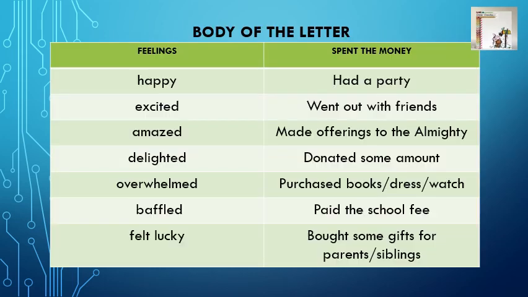The question has 2 key demands. Express your feelings and outline how you spent the money. Now at this point of time, we need to do a little bit of brainstorming in order to get the right words, at the same time the right ideas to address the demand of the question. Now, expressing feelings, having won a prize at the national level, you could be wonderstruck, you could be surprised, you could be amazed. So I have listed a few words for you. You may think of more words.